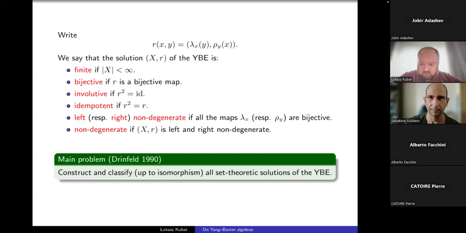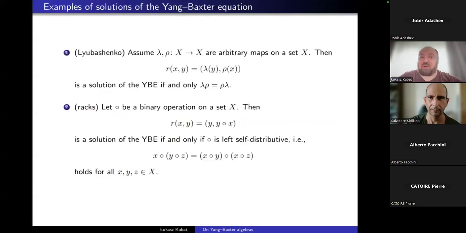So this is what the Yang-Baxter equation is. And as I mentioned before, it appears in many contexts. So here I have some examples of solutions. Let's start from the following: having two maps on a set X,